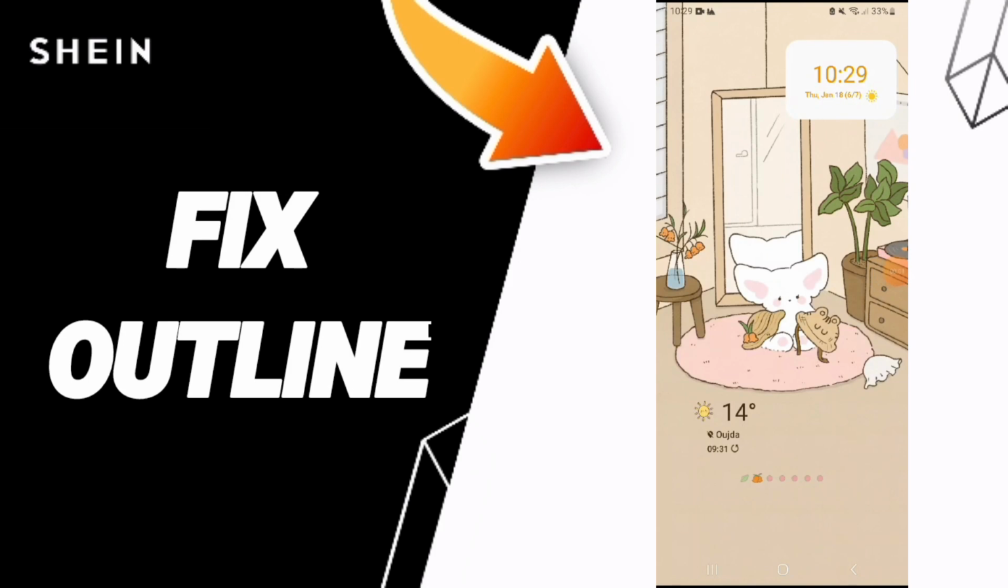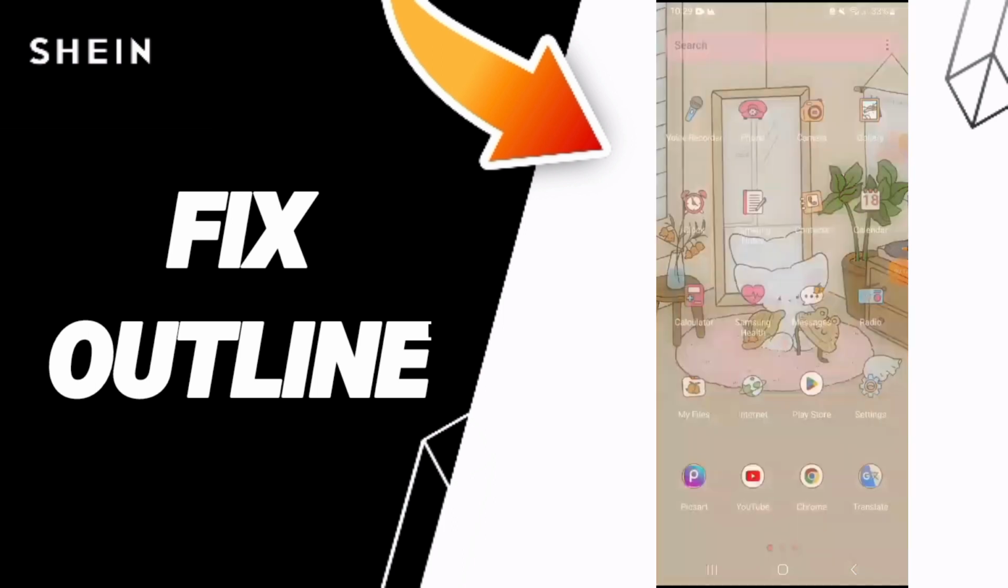Hey guys, today we'll talk about how to fix the problem of outline on the Shein app. To fix outline on the Shein app, you should just